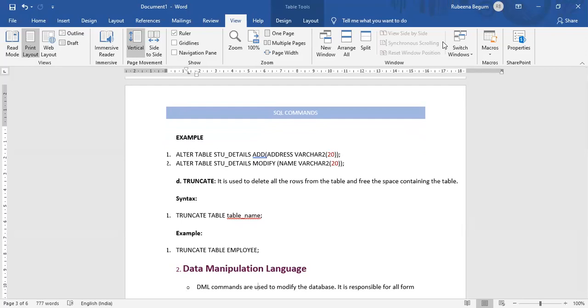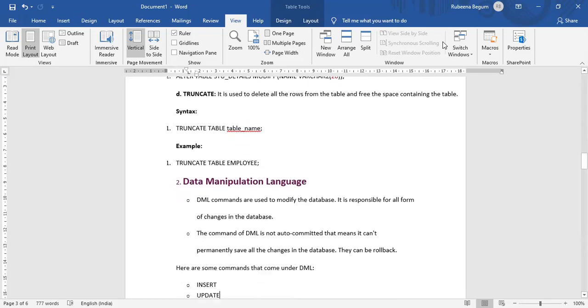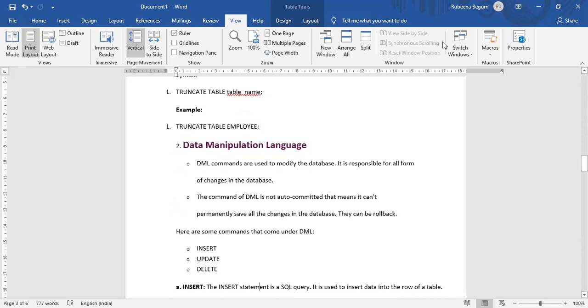Now, that was the data definition language. It gives the structure to the data, that is nothing but the outer structure of the table, which is created by using the DDL commands. Now coming to the data manipulation language, as the term makes clear, manipulation is nothing but changes applied.